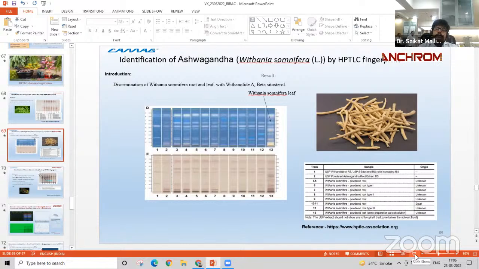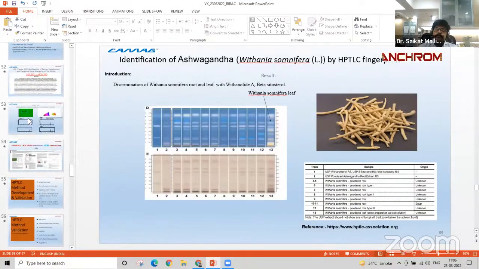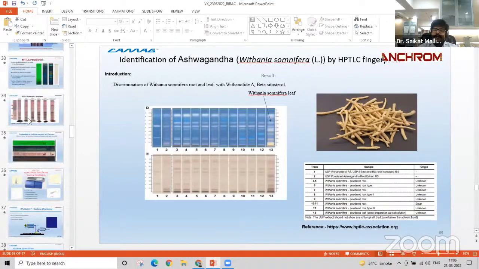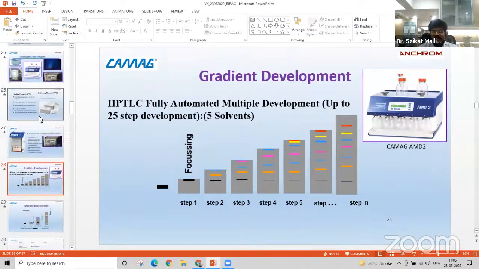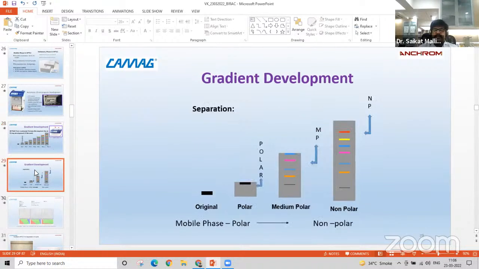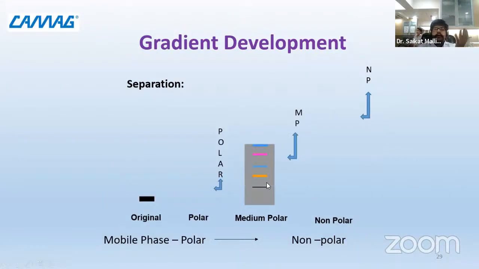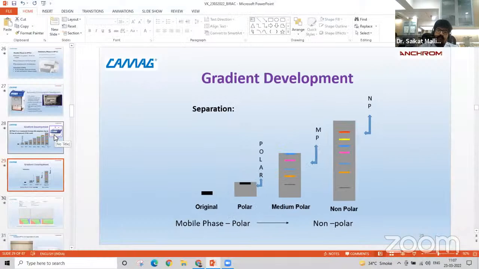You have a concept of multiple development, which is similar to the gradient aspect in HPLC, where we use different mobile phases to change the composition and then develop onto the plate and separate compounds. You can see in this image, brought by my colleague, that at each step you change the mobile phase composition. For example, toluene and ethyl acetate: gradually, I will decrease the amount of toluene and increase the amount of ethyl acetate. Similarly, I can play with different organic solvents, make a combination, and develop it. That also can be utilized for evaluating such plant samples.